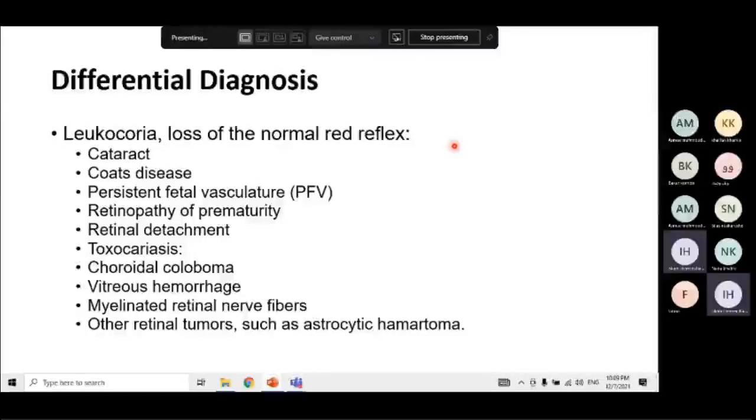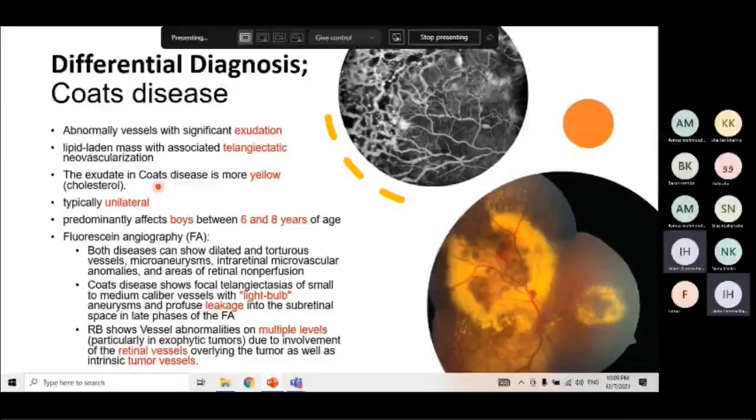But most of the time we get confused whether it's Coats disease or retinoblastoma. Usually Coats disease has massive exudation due to a telangiectatic vessel here. So if you find a telangiectatic vessel, you think about Coats disease. If you find subretinal hard exudates, you think about Coats disease. Leukocoria is more common with retinoblastoma, while in Coats disease it's more described to be xanthocoria. So rather than a white red reflex, it's a reddish red reflex.